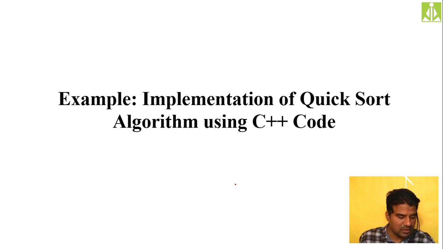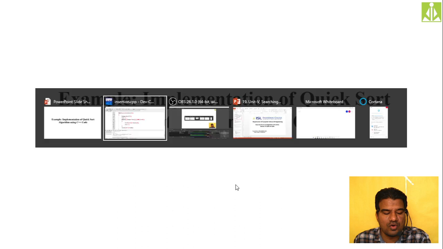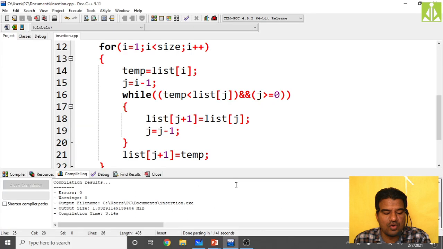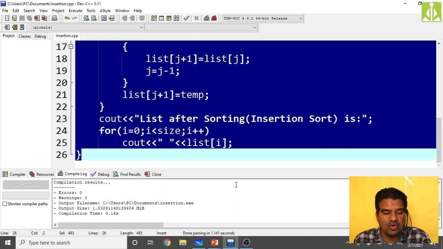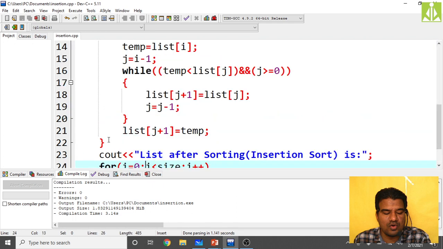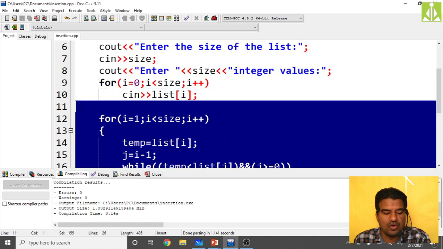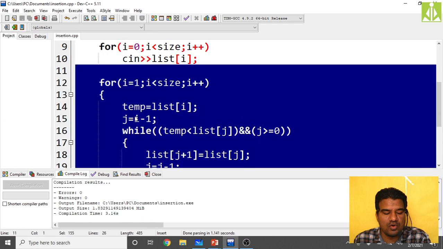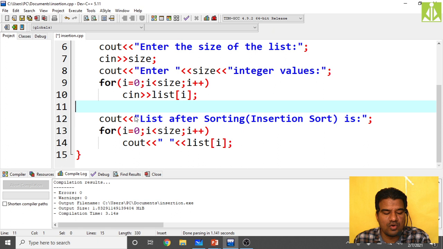Okay. It is somewhat difficult when compared with your bubble sort, selection sort and insertion sort. It is somewhat different and somewhat difficult as well. So just go to the IDE. Here, I'm not printing, and reading the list and printing the list is the same. So I'm only removing this logic. Till this point my list is with me. Now what I have to do is perform only the quick sort algorithm.